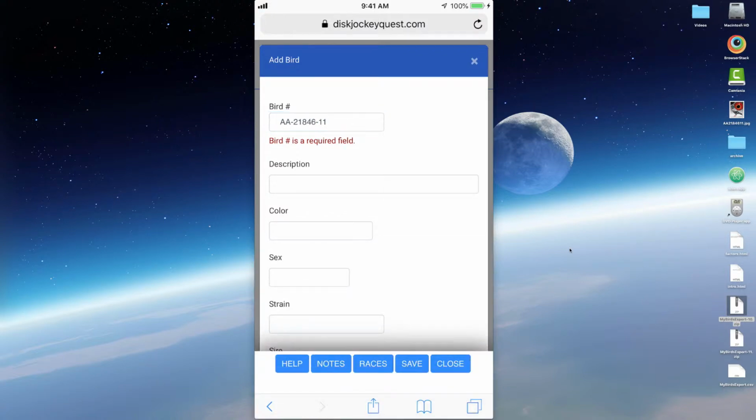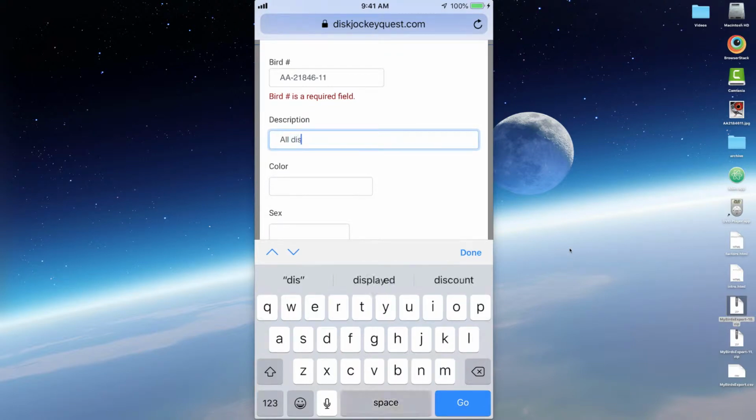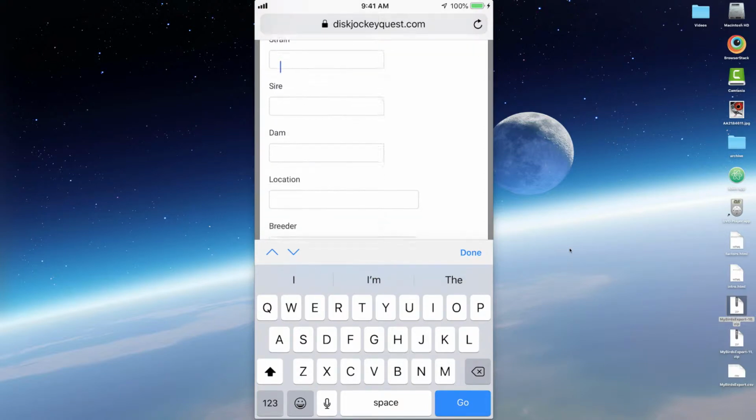All right, description, you'll go ahead and type in a meaningful description. For this case, I'm just going to type in Aldis Champion, California. Okay, color. So the color field is actually a suggestive type field, as well as the strain, sire, dam, location,